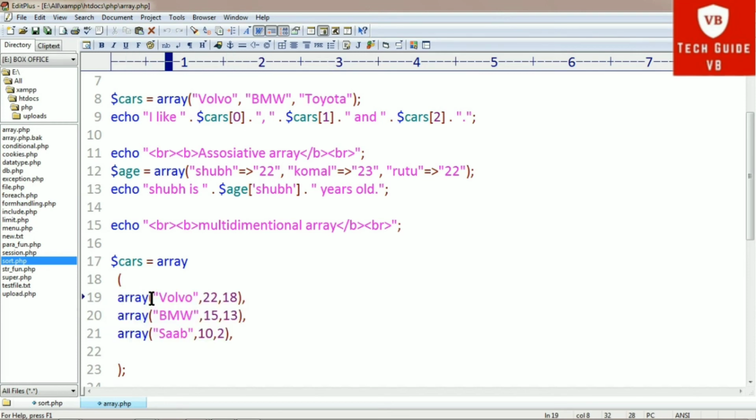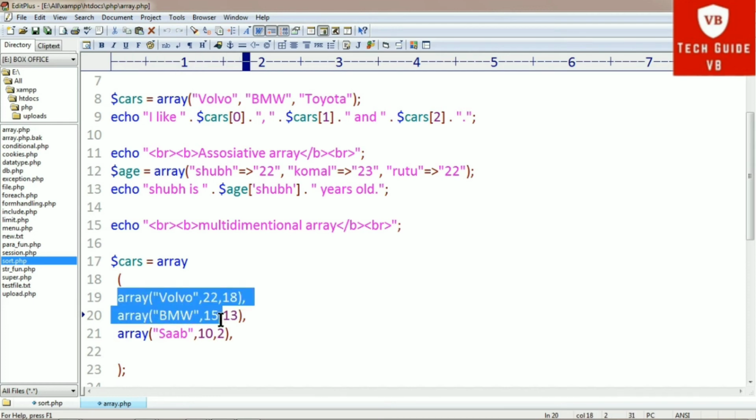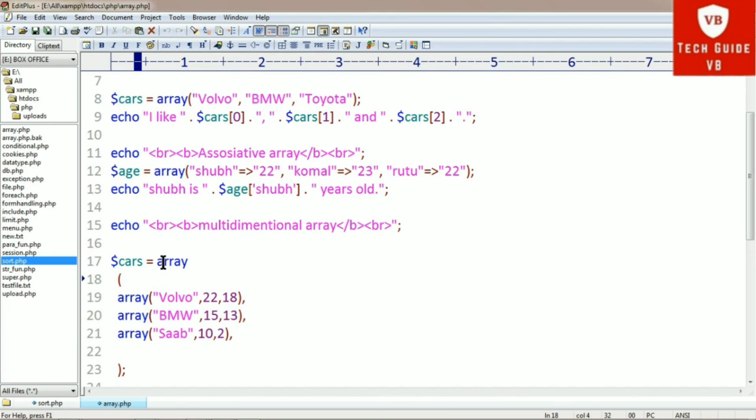The first array is Volvo 22, 18, the second array is BMW 15, 13, and the third array is the third car 10, 2, and all this represents one array. So in this outer array there are three elements: array 1, array 2 and array 3.